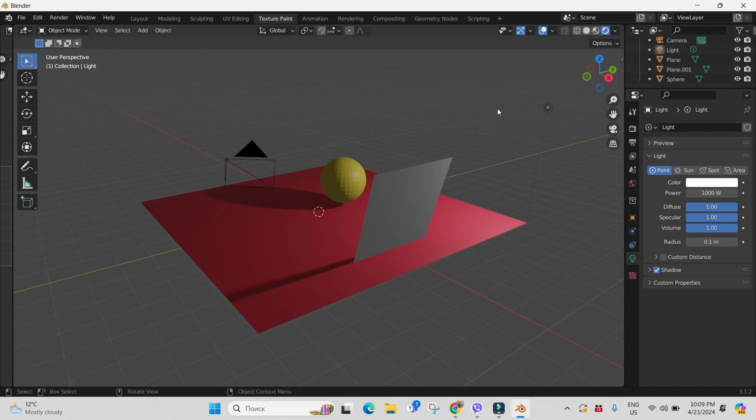Hi, dear friends. This is Blender, and today I will show two ways to make glass